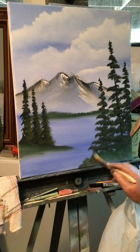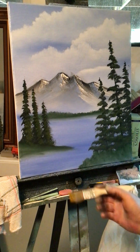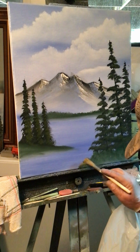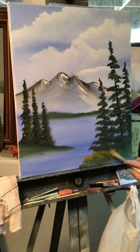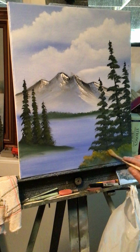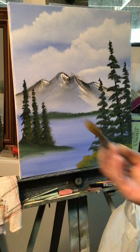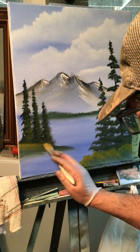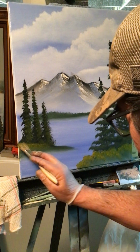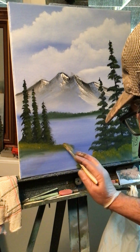Let's put some bushes down here. I'm going to get my yellow ochre color and stamp, use a 1-inch brush, and I'm going to stamp just the top portion of these bushes here to make them look like bushes. Get a different color in there. I'm going to take this yellow ochre and stamp right underneath these trees just to get a different color going here, and then bring it down to here so it looks like maybe some